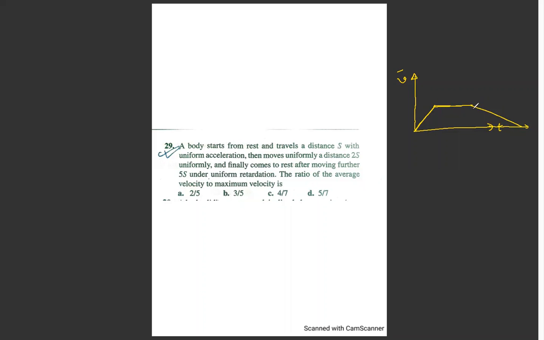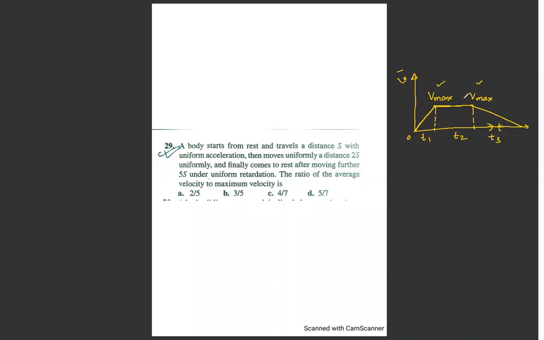This is the velocity and time story of the ball. So let me write it down. This interval I'm going to write as t1, the second part of the interval is going to be t2, and the third one is t3. Clear? So this is Vmax and this one is Vmax. This means this is the maximum velocity that can be achieved by the ball.